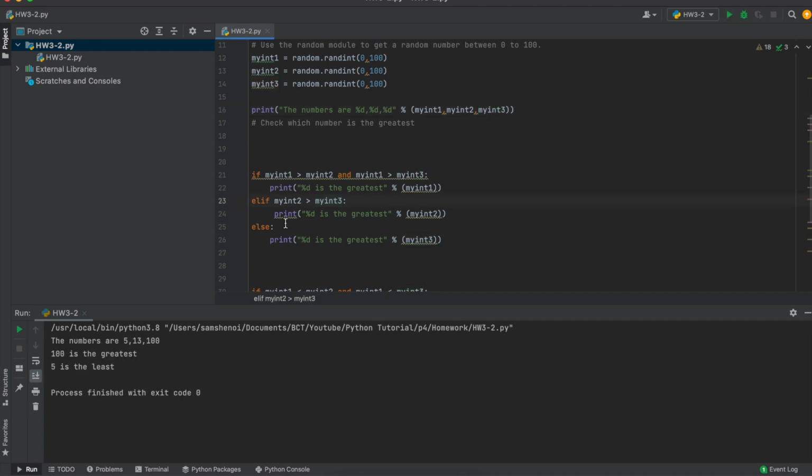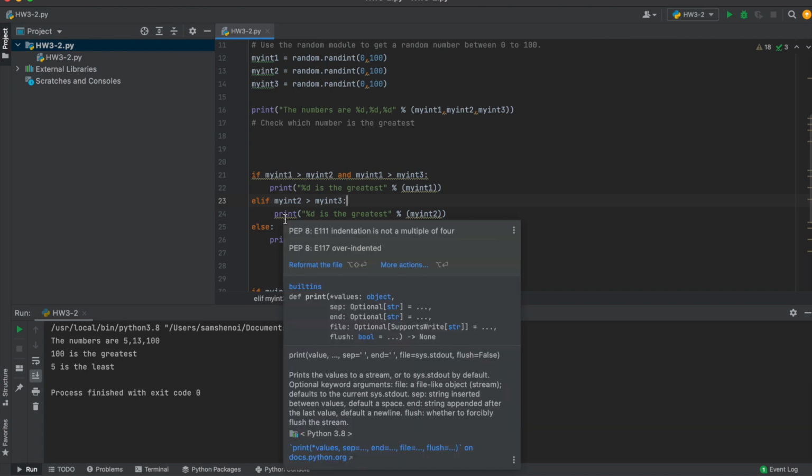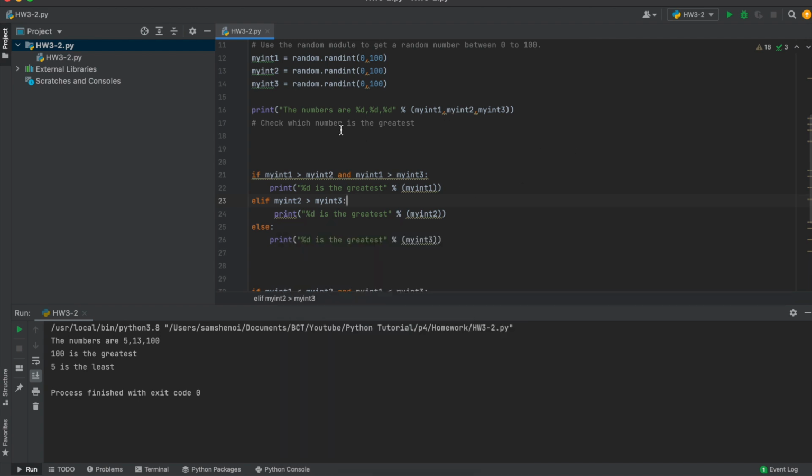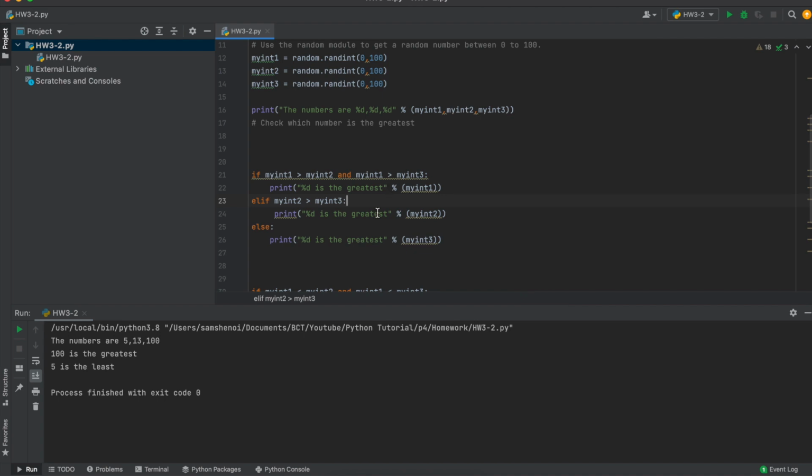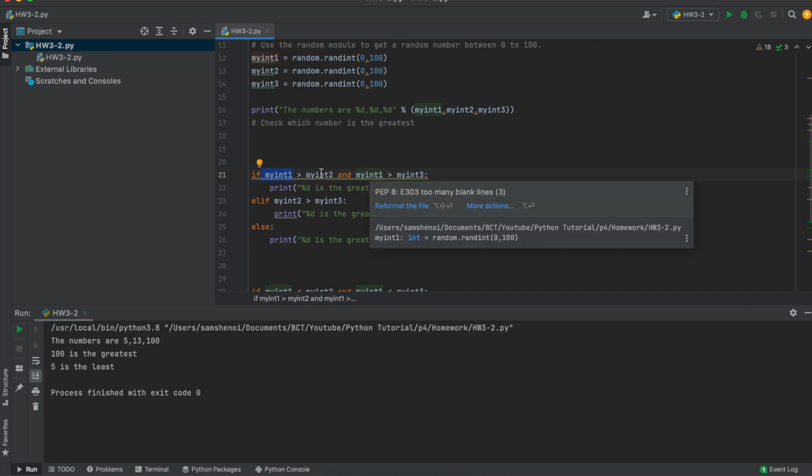So this is a really good example of why understanding how your conditions work really helps you save some time when programming. Because the reason that we were able to shorten this elif to just check if my_2 is greater than my_3 is because we knew that my_1 had to be less than one of these. And so the beautiful thing about these elif statements is that we're able to build these logical connections throughout our